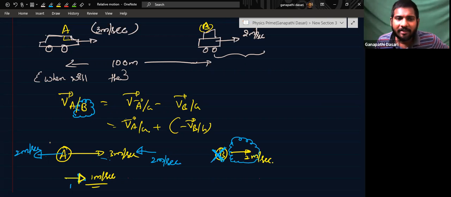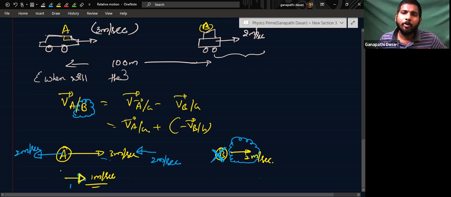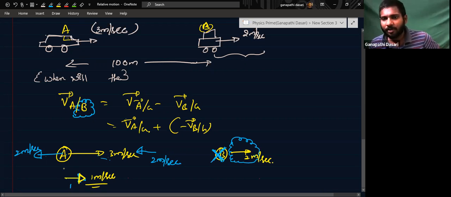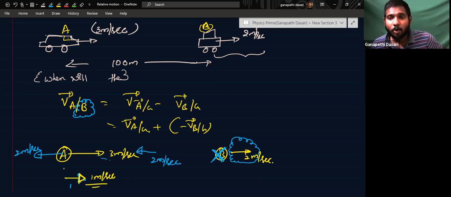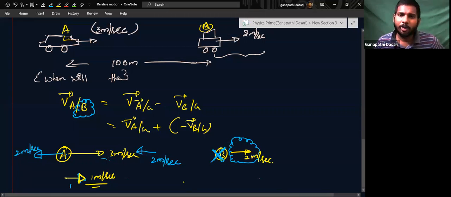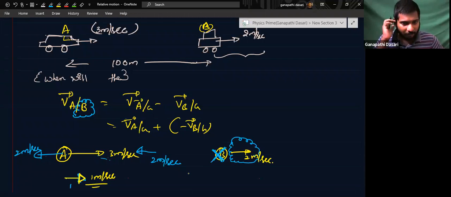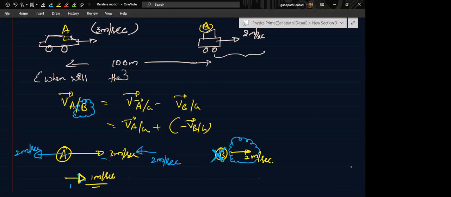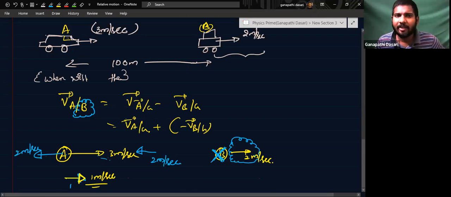But whatever technique I taught you here will help you a lot in the entire relative motion concept. Trust me, I have solved the most complex problems using this technique in relative motion. To understand relative motion, it will help you a lot, breaking down your problem and making it simple. This is one of the techniques which will be helpful to you. Okay, now you see. So you found out the relative velocity of this or not?